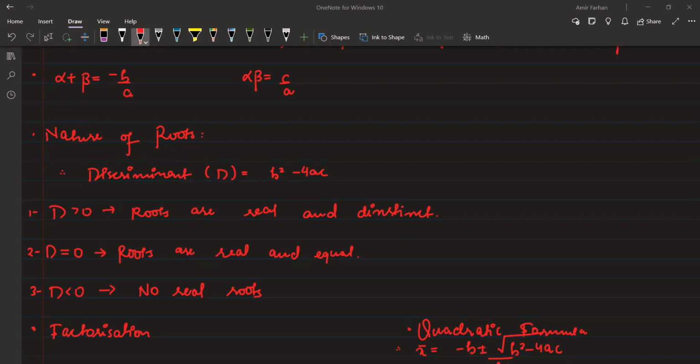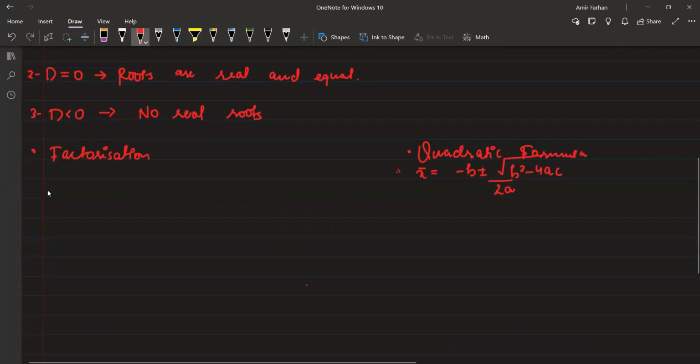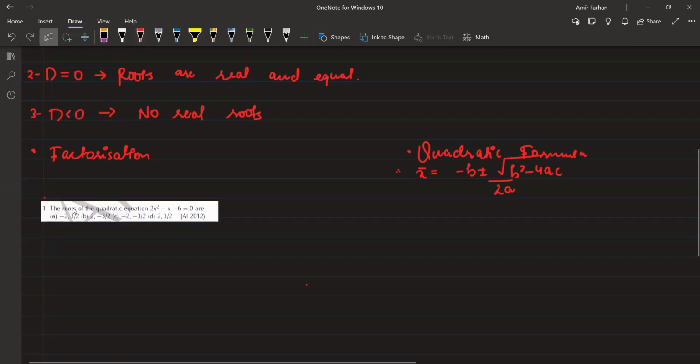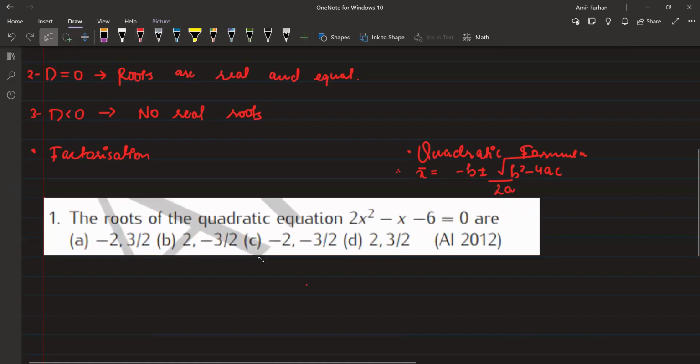Okay, so let's do one question. Okay, so let's do this basic question first. So this question is basically, the roots of the quadratic equation are, as basically we have to find which one is correct pair. Okay, so 2x square